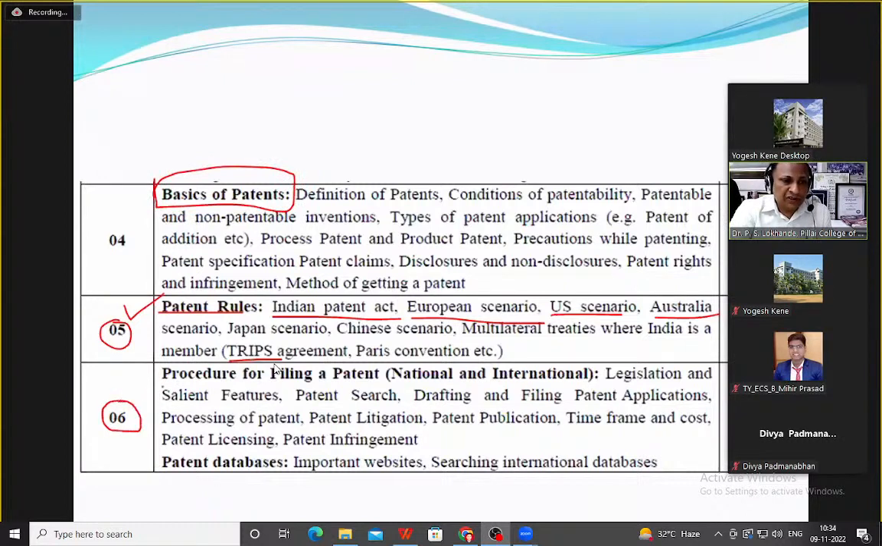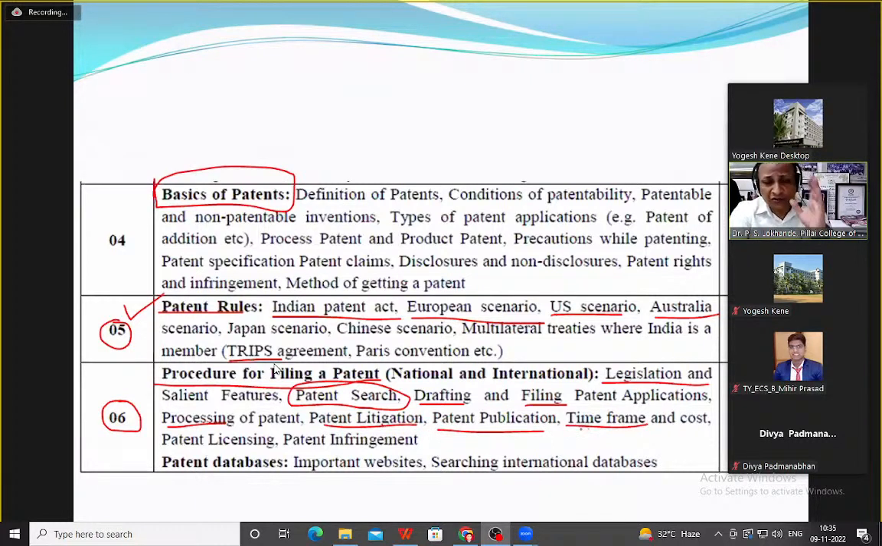And the sixth chapter is a totally practical oriented chapter. Here we are literally writing a patent, practicing how to search the patent before drafting a patent or before designing. So patent search, drafting, filing, processing, then litigation in case any dispute arises, then patent publication, time frame, cost, form